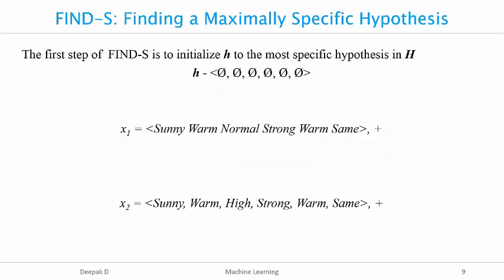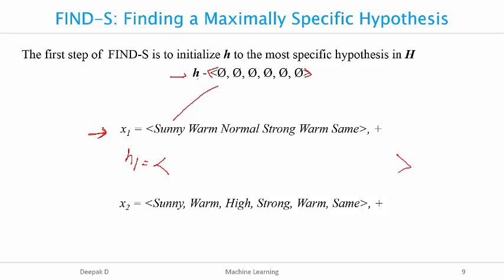So the first step is to initialize H to the most specific hypothesis in H. This is how we have denoted it, that is H, which consists of all null values for your attribute values. So this is your first step. The second step is, when you have a positive instance, you can see here x1 is a positive instance, you need to compare attribute by attribute with H for a given instance, and you need to update the next hypothesis by replacing with the most